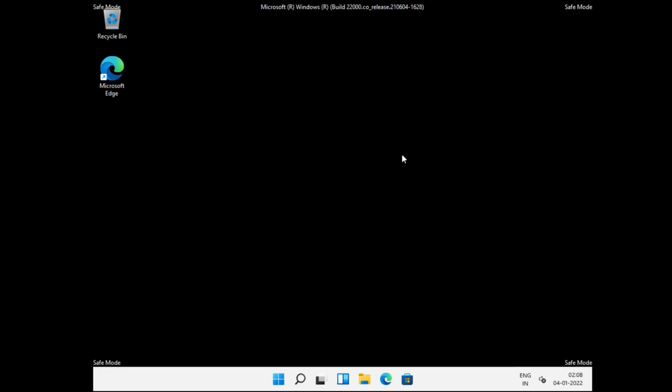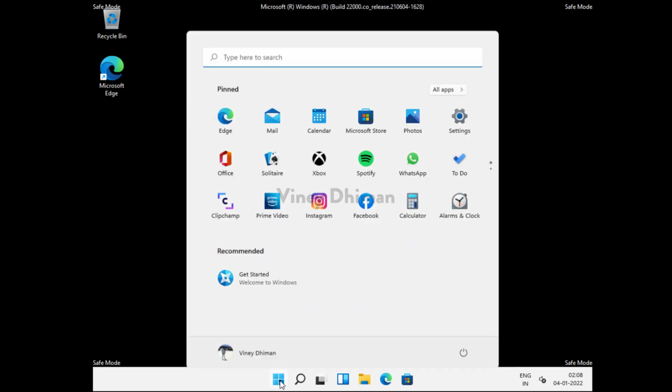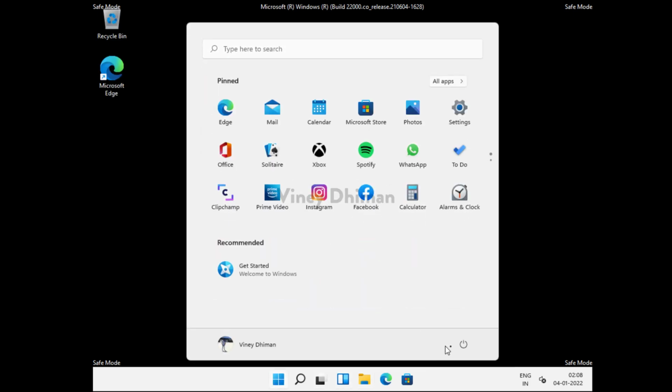At this point you can do whatever troubleshooting task you need to accomplish. When you are done and you want to exit safe mode, all you need to do is just click on the Start button and restart your computer.